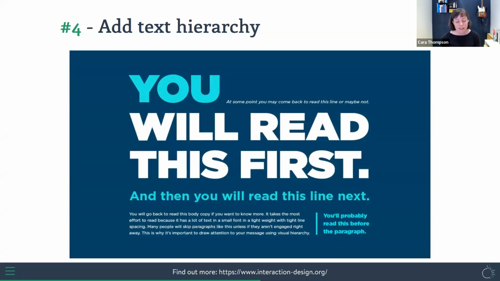The concept of text hierarchy is that the way that you format your text influences what gets read first, what's least likely to get read, and how the readers are going to progress through the information that you have provided. So if you think back to our plot, everything kind of has the same attention-grabbing quality. And what we want to do is have a main headline and then more information that the readers can have